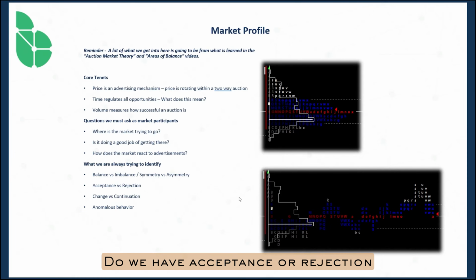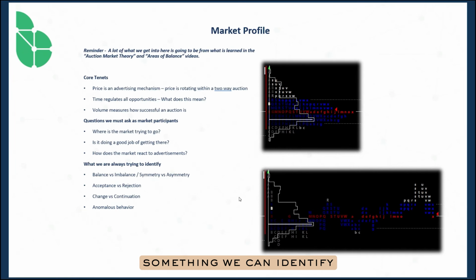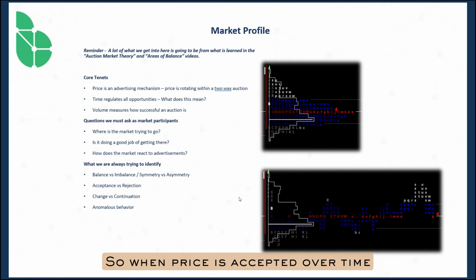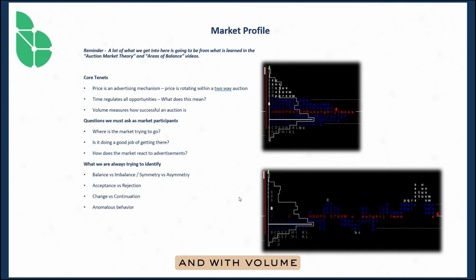Do we have acceptance or rejection? Something we could look for is not only that volume is confirming an area, but that price is being accepted there through time. So when price is accepted over time and with volume, this is something that we're going to be looking for versus rejection. If price spent just a little amount of time in an area and quickly returned back to the mean,